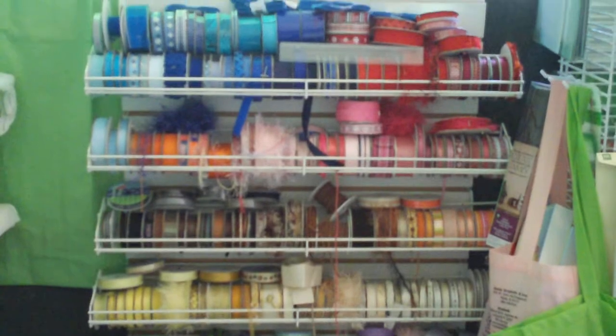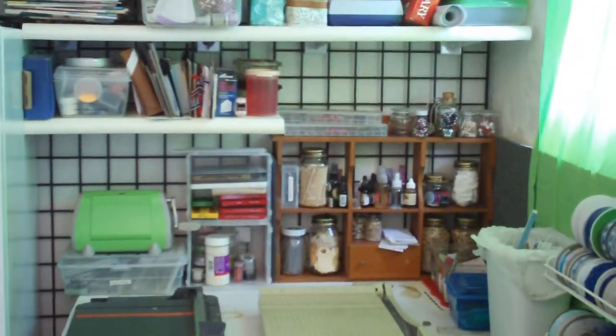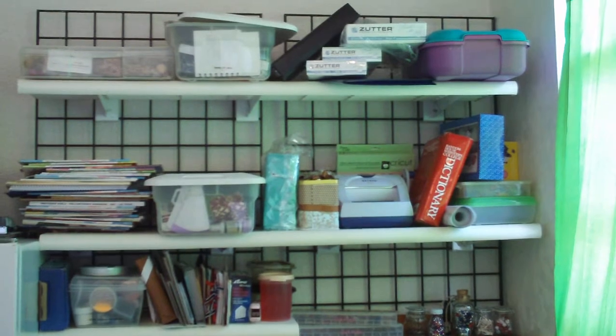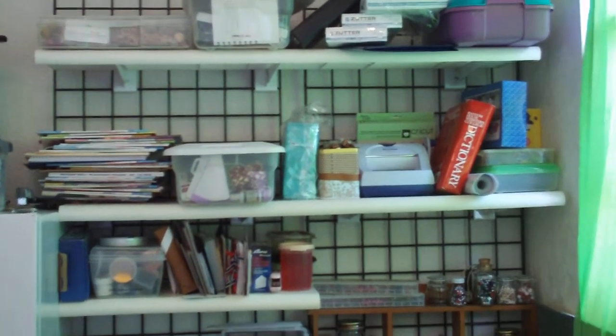And I put them up in here so that I could see my ribbon, and I love it. Then on this wall is another small wooden table. Under it is some more storage bins, and above it is a piece of grid wall that I have shelves hooked to, and it has things like my Bind It All is up there, and the supplies for it,